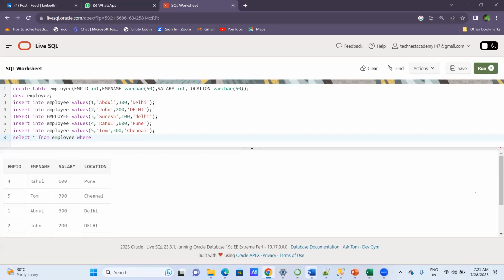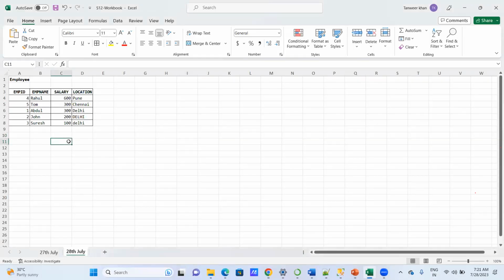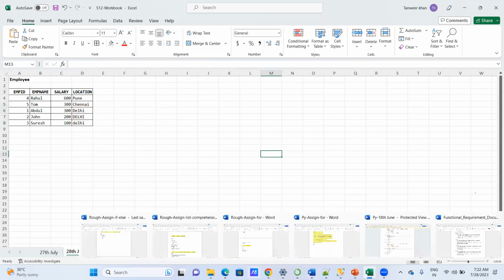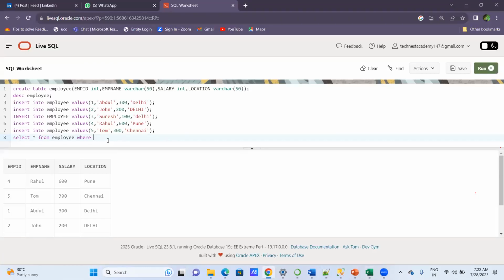So here, on which column do you want to apply the filter? Location. Because you want only those employees who are from Delhi. So you have to apply the filter on location. So I will write here where location equals Delhi. Okay. Location equals Delhi. Now, if I execute this,